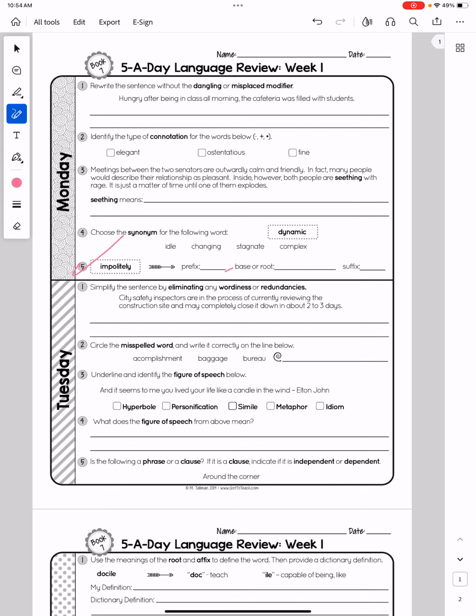Impolite, you guys nailed that. You guys have been doing Latin. We understand how to break that word down. I think everybody got that. The one rule that I'll add for Tuesday,